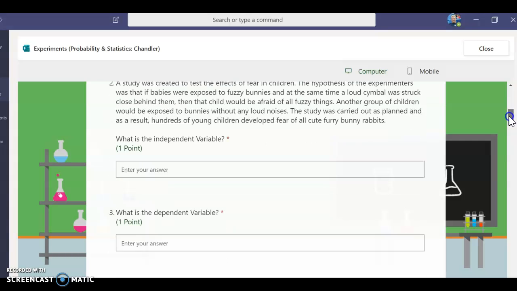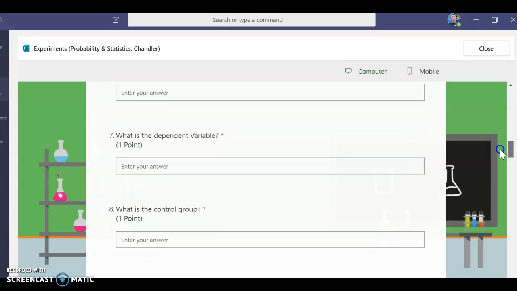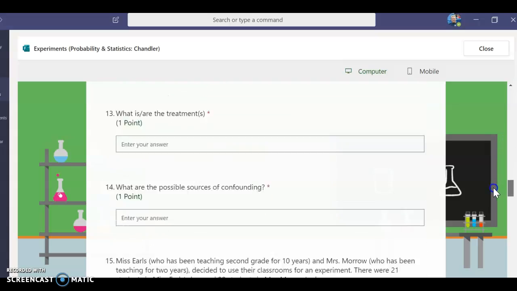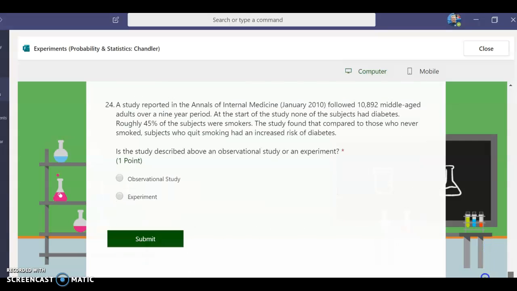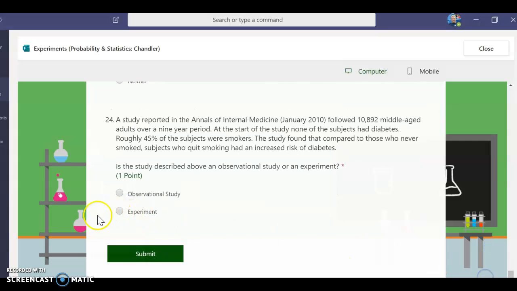Okay, and then here's the quiz. It's the same information that's in the packet, the same questions. If you go through this, there should be 24 questions in here. And once you put all your information in, just click submit. For multiple choice, it is possible for it to grade these automatically. It should also tell you whether or not you got the question right, though I may have forgotten to do that in this case.